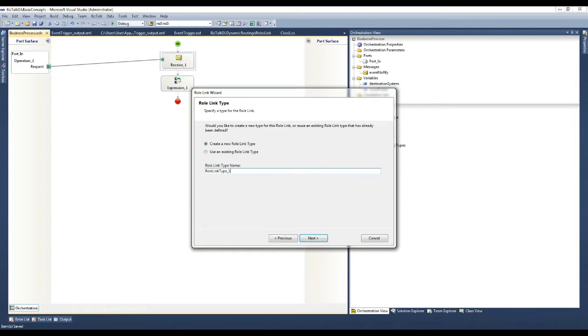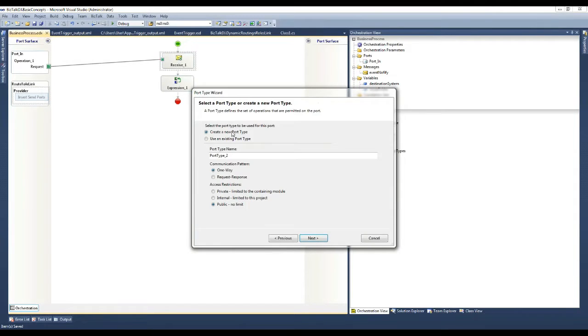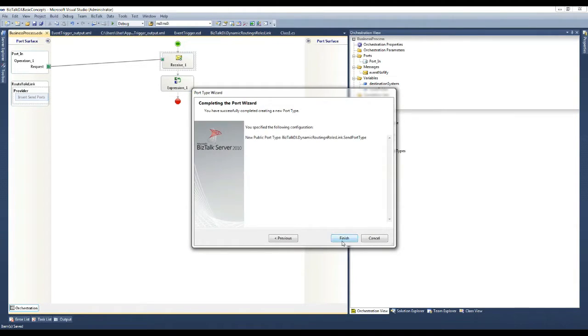I would create a new role link type, and I will choose a consumer role. And on the provider, I would add a port type. I'll create a new port type which will be used for sending the message to the destination system based on the destination system received in the event notification.